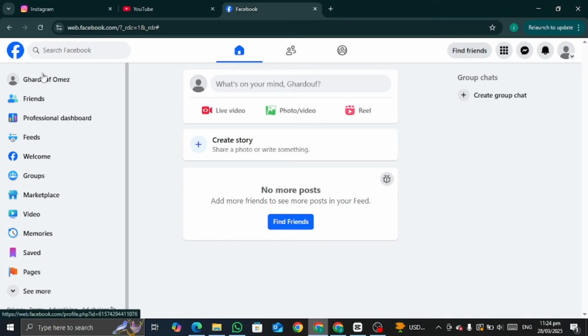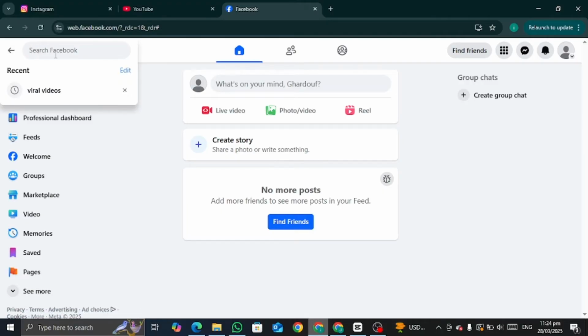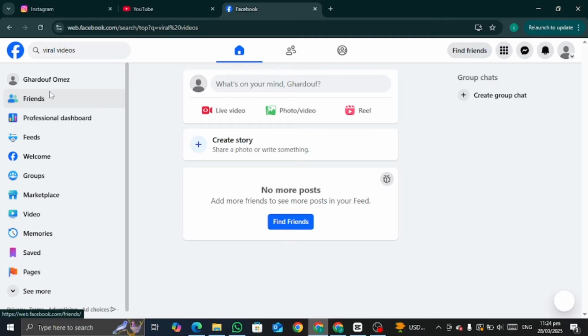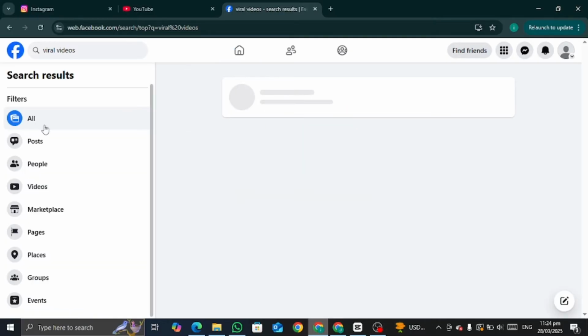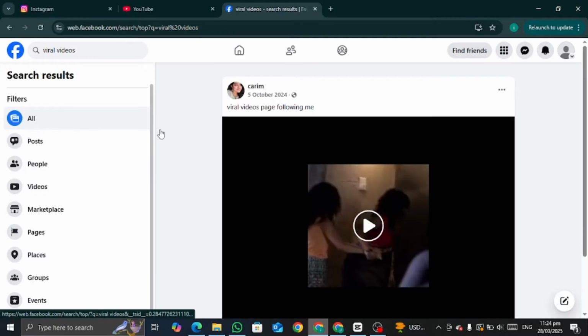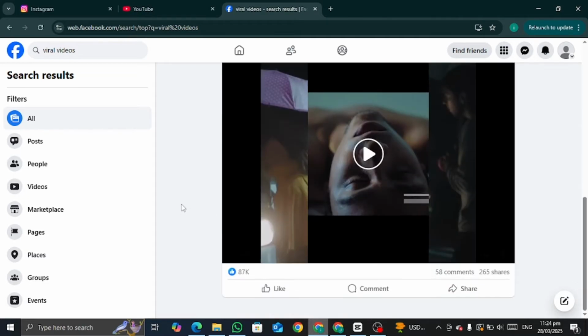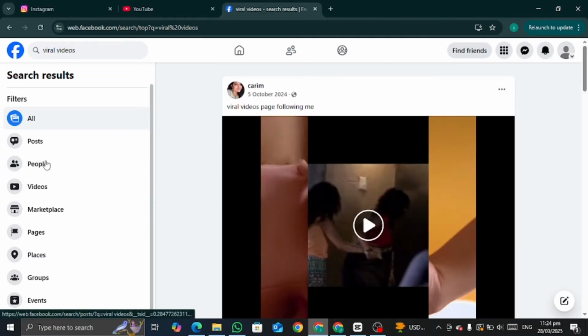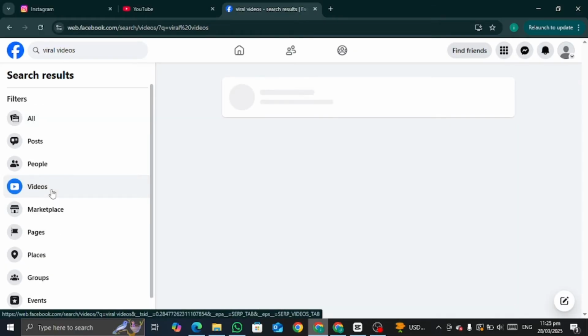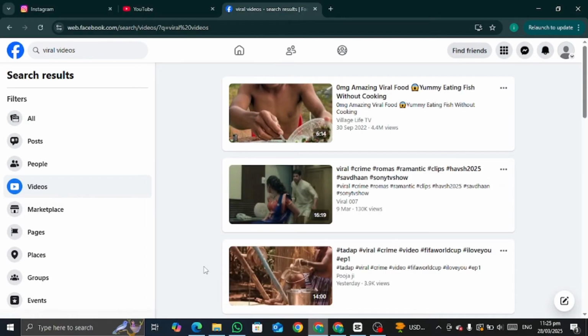Now here you will see this search button. Just search for viral videos and click on viral videos. As you can see, all the viral videos will be shown here, and all the viral posts and the people with more followers will be shown on the upside. So just click on videos here